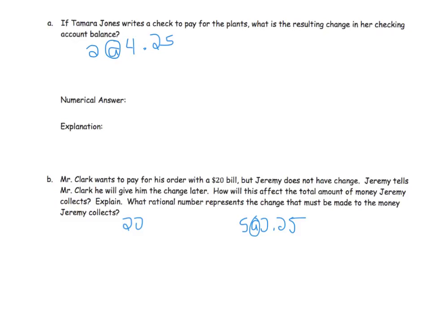If she buys 2 plants for $4.25 each, I would just take my $4.25 and double it. You could either multiply by 2, or you could add it, because remember, multiplication is just simple repeated addition. Either way, we come up with